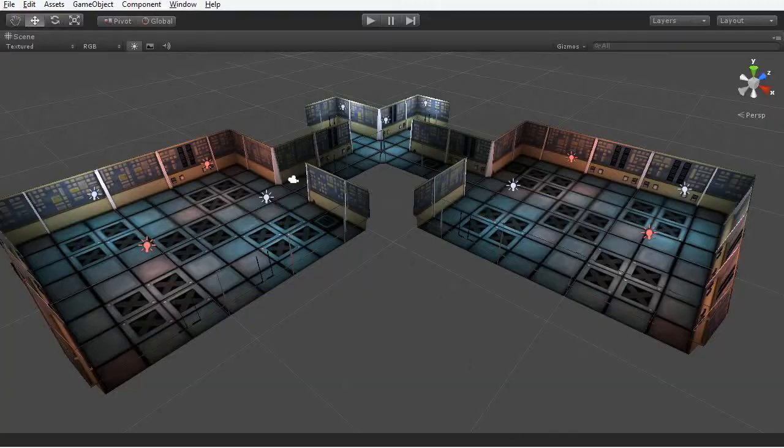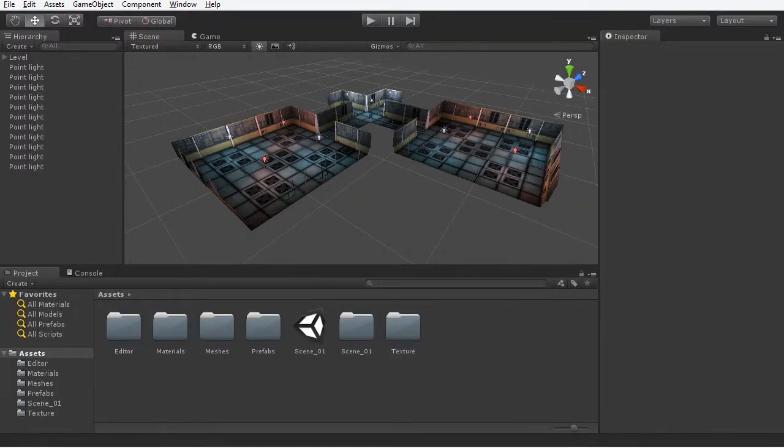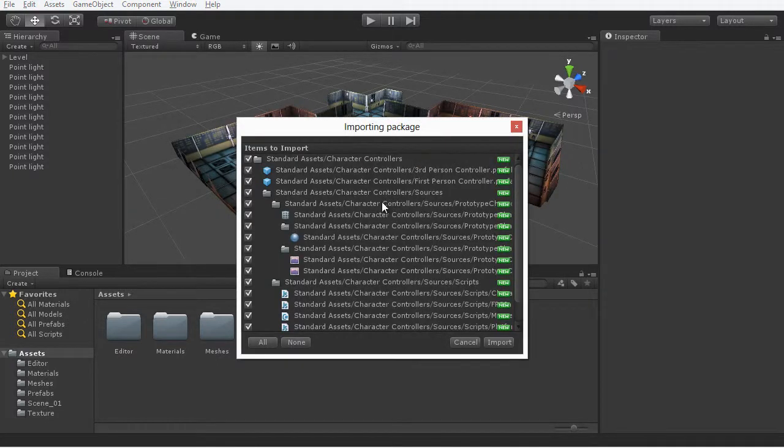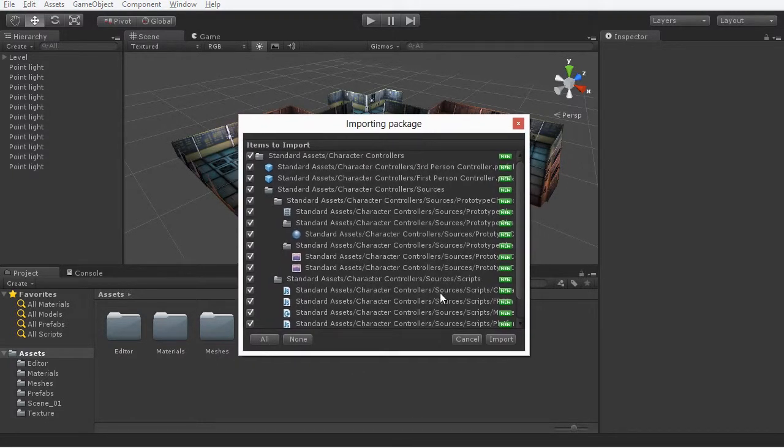So let's move on. Now I think it's about time we took a tour of our environment in first person mode, and to do that is really simple. I have to import a first person controller. I can do that by choosing Assets, Import Package, and then by selecting Character Controller from the menu. Then this presents an Import Package dialog, and I can accept all of these defaults and just choose the Import